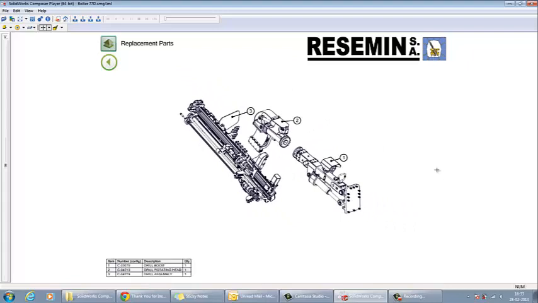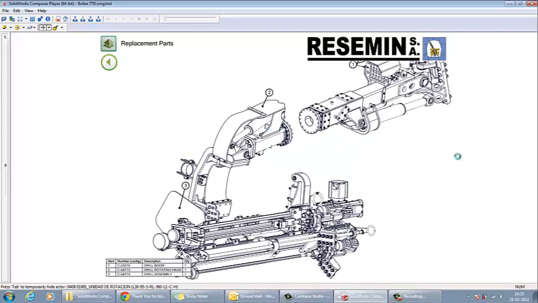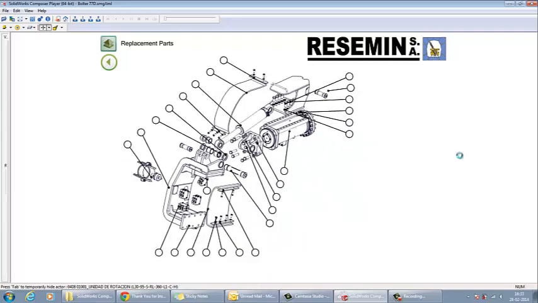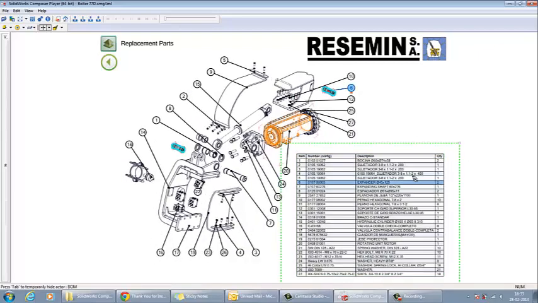You can see that I have my explored view with 3 different subassemblies over here. Now I know where my part lies. I know my part lies inside this particular subassembly. So again, if I click on this particular subassembly, it gives me an explored view of all the parts which are within that particular subassembly. And also in my bill of material, you can see that it's completely associative.